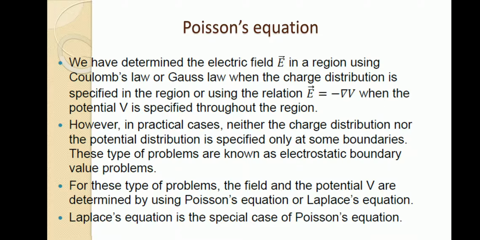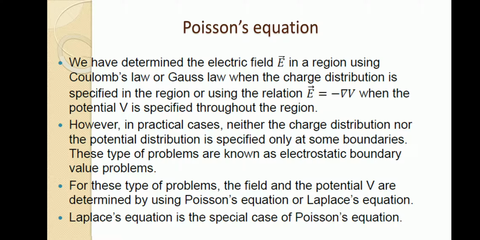So, if you know the potential distribution, you can easily find the electric field intensity as E is equal to minus del V. That is, electric field intensity is the negative gradient of potential. This electric field we can also obtain from Coulomb's law or Gauss law, if the charge distribution is given. We can study Coulomb's law and Gauss law in a higher semester. For now, just remember that the electric field intensity can be found from Coulomb's law or Gauss law if the charge distribution is given.